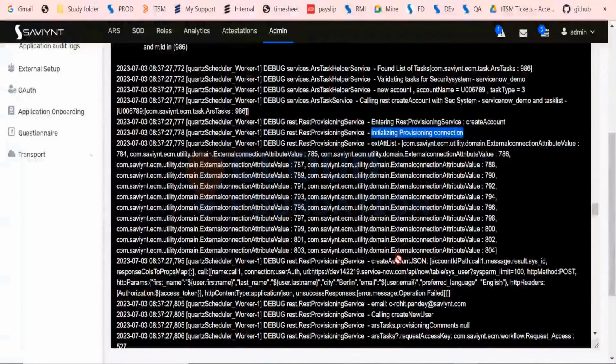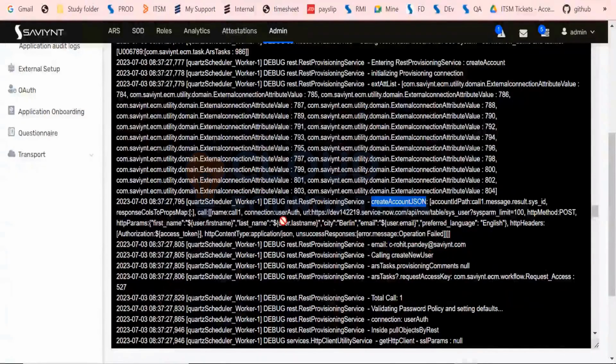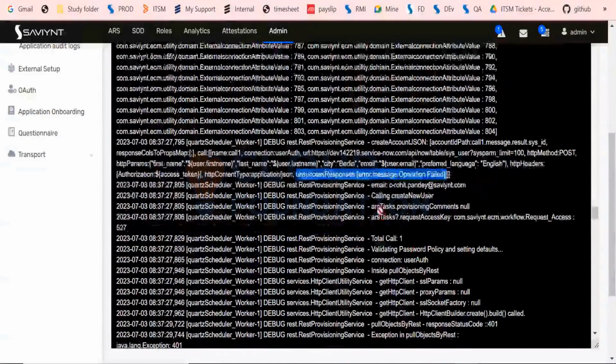It's trying to select a connection. And it is trying to read your create account. Just what we have mentioned here, all the things it is trying to read. See the current pass. Your call connection authentication, right? Everything it is reading. First it is also reading the user response. Right, after that it is calling create new. And once it calls it, right,